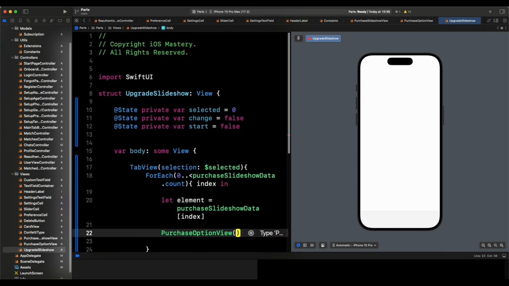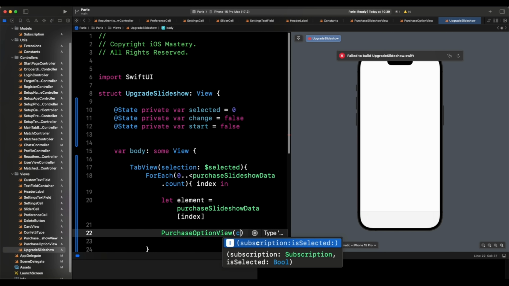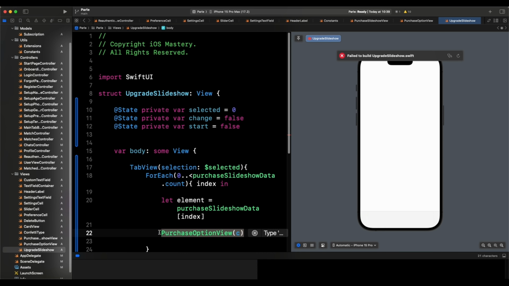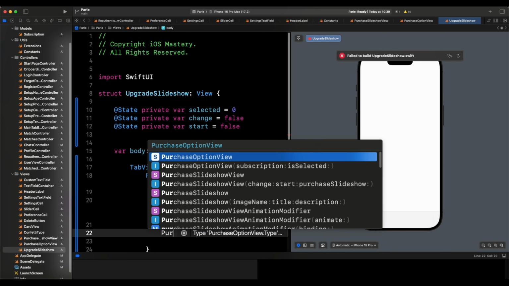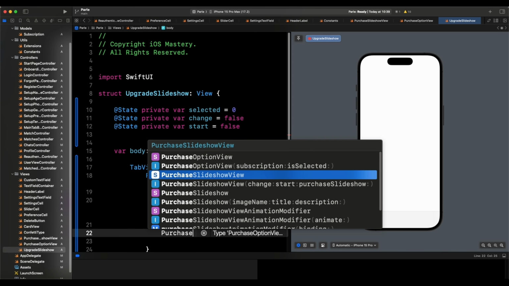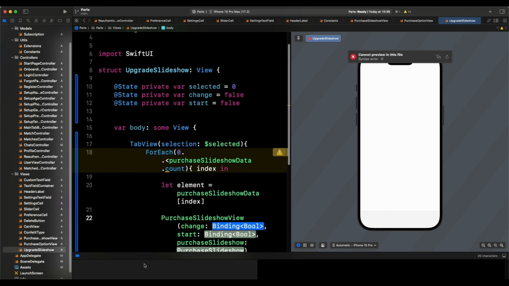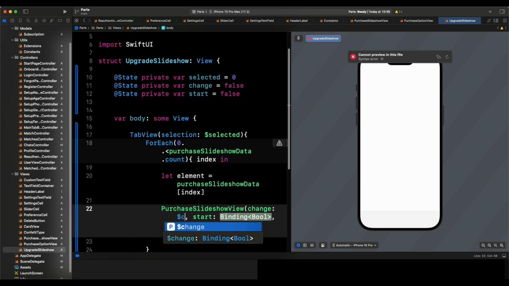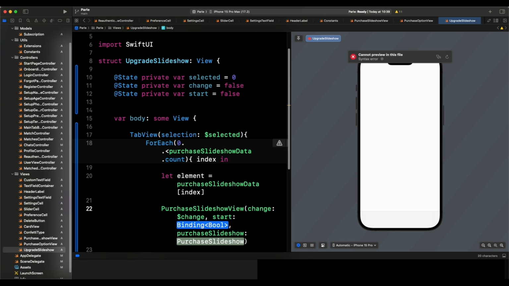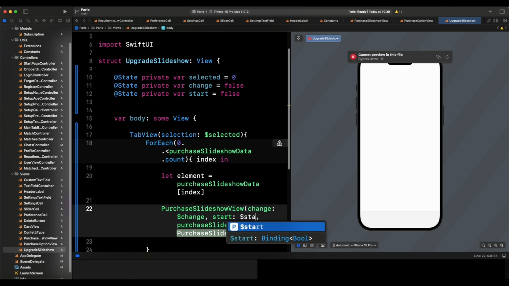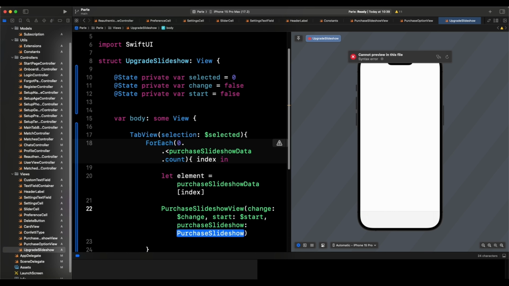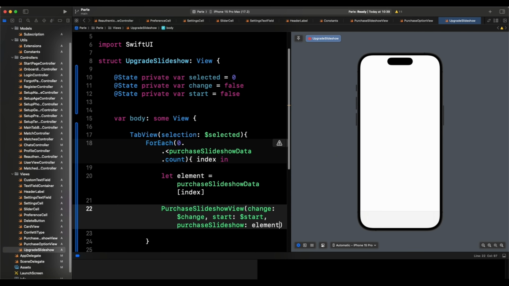It's going to need a couple of things. No, this is slideshow view, this is option view, this is the wrong one, right? So you see the names can be a bit similar. Purchase slideshow view, right? And this is going to need a change, and luckily we do have a $change here. We can pass $change. Start is going to be $start purchase slideshow. It's going to be from the element, right? We get that,